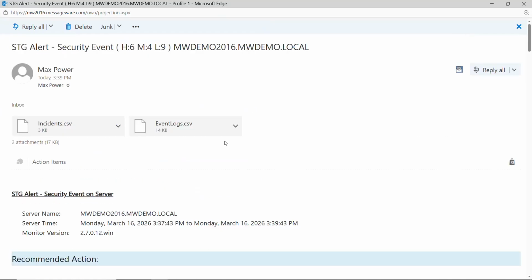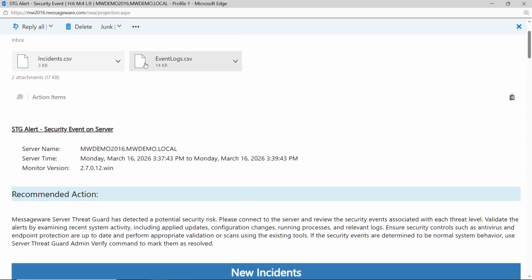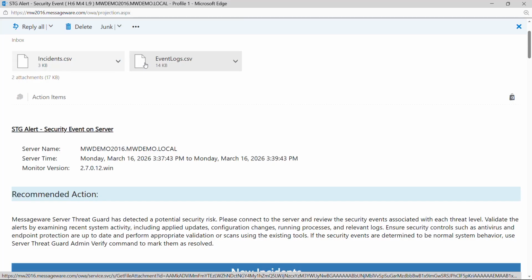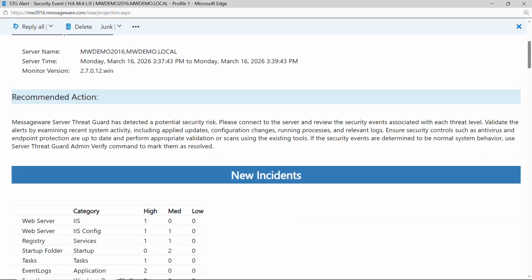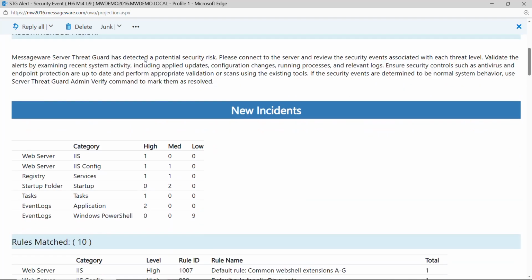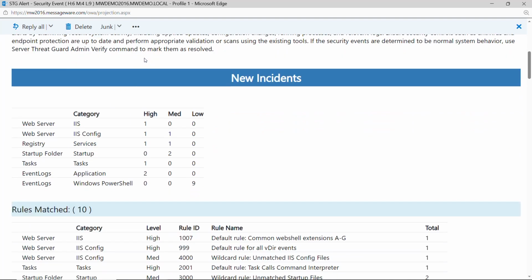It depends on the nature of the specific threats, but for example, 2 minutes after the initial alert, you'll receive a more detailed email. In this case, it's summarizing it has found 6 high, 4 medium, and 9 low potential threat indicators within this 2-minute window, and that's based on the simulated threats that I created a moment ago. The email will list the server in question or servers in question. It will provide a summary of the